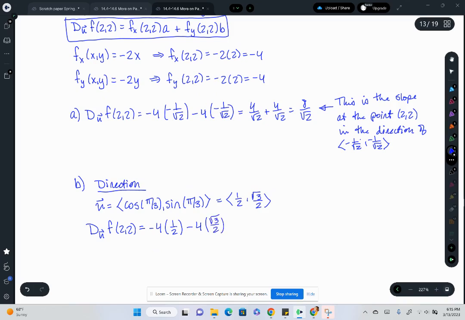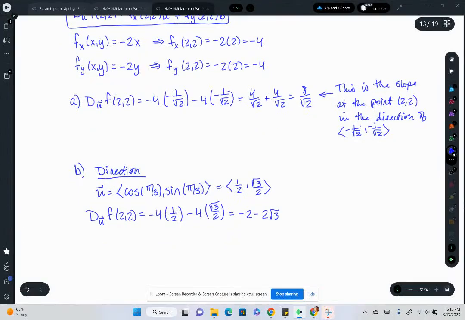And when I multiply everything through and simplify, this becomes negative 2 minus 2 root 3, okay? And so this is the slope at the point (2, 2) in the direction of 1/2, square root 3 over 2. And this slope is negative,